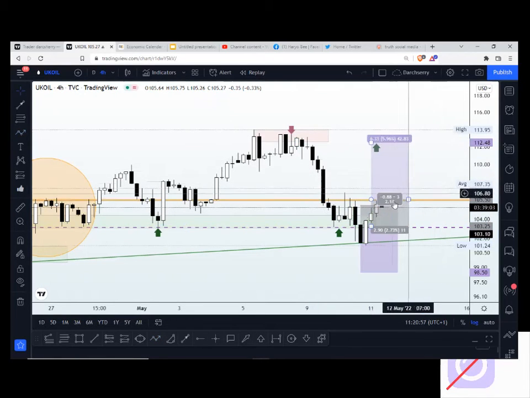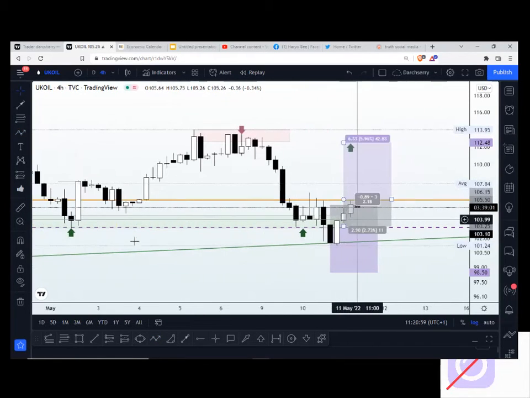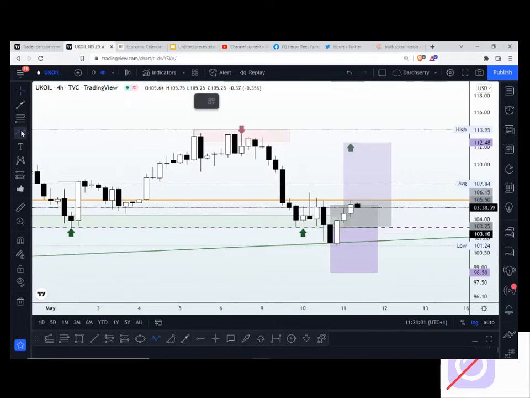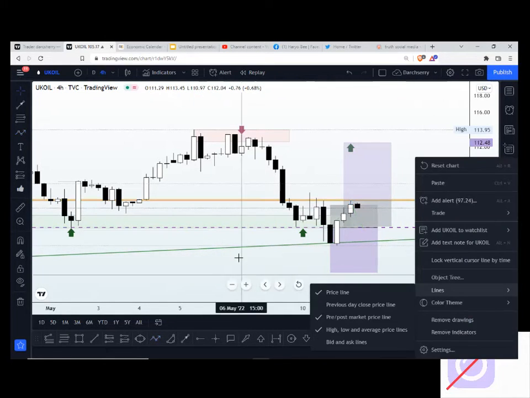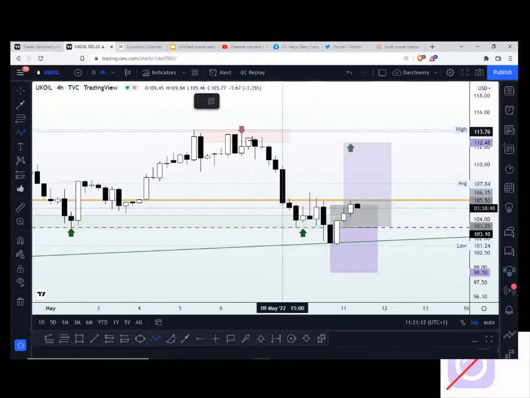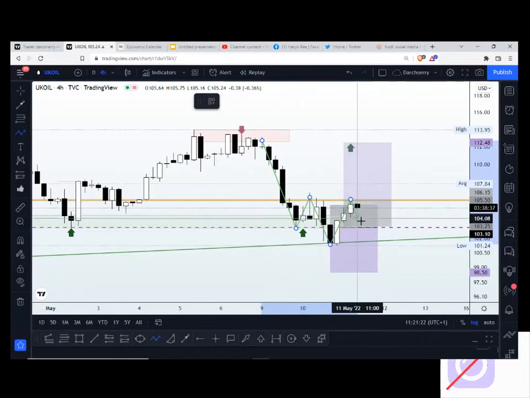So on the UK oil here, there are two possibilities. In summary, we have a possibility that price might break down this trend line, retest, and send price crashing down, and at the same time we have a scenario where we remain patient and await the confirmation, the signal of a bullish momentum, probably after the complete formation of the inverse head and shoulders pattern, where we'll see